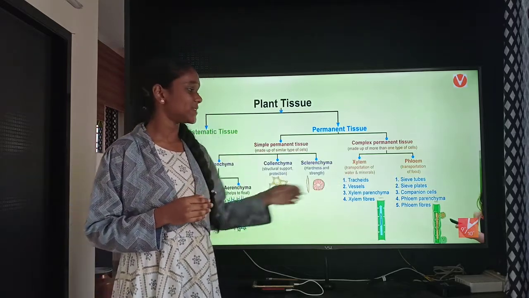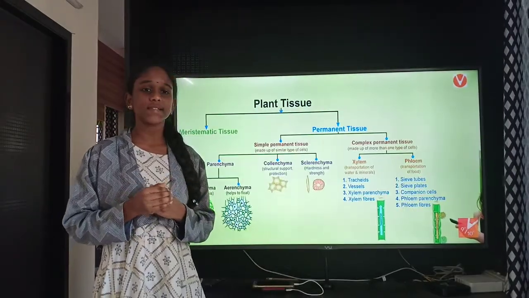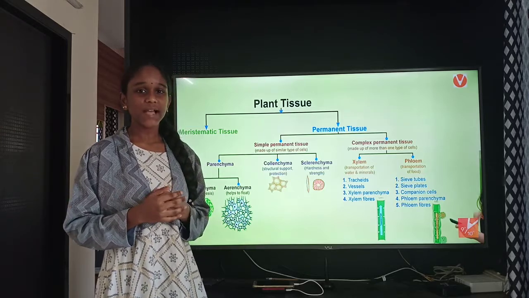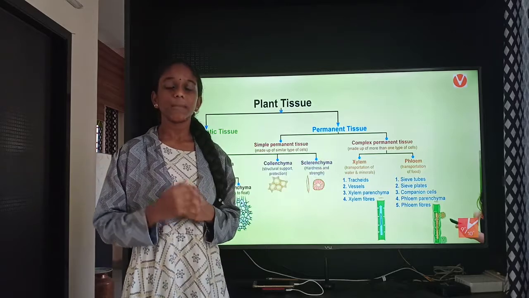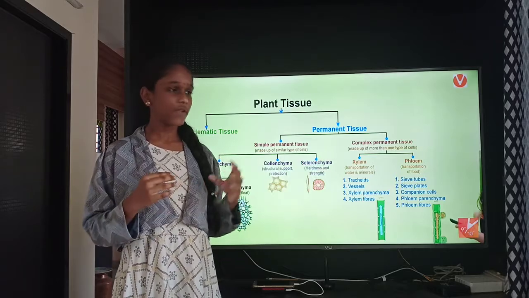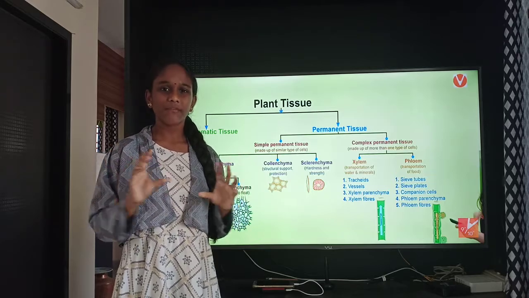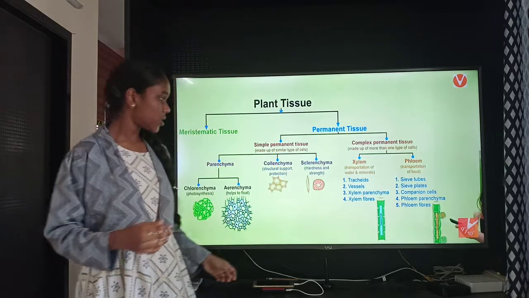This phloem contains sieve tubes, sieve plates, companion cells, phloem parenchyma and at last phloem fibers. So this phloem is bidirectional. It means it will carry food to roots, to shoots and shoots to roots. It means every part will carry something to other parts. So now let's talk